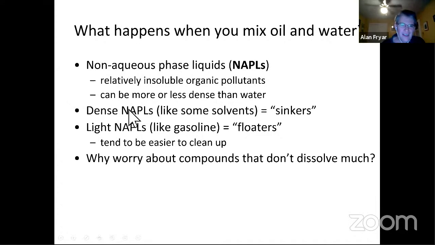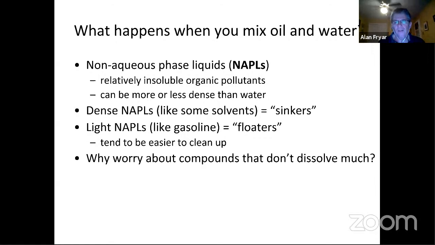So dense NAPLs, dense non-aqueous phase liquids, or what we call DNAPLs, are like some of the solvents, like I mentioned, carbon tetrachloride or trichloroethylene or tetrachloroethylene. And they tend to have greater density than water, so they tend to sink beneath the water table. Light non-aqueous phase liquids, like the components of gasoline, tend to have density less than water. They tend to be floaters, as we call them, because you have residual, what is called free product, floating on